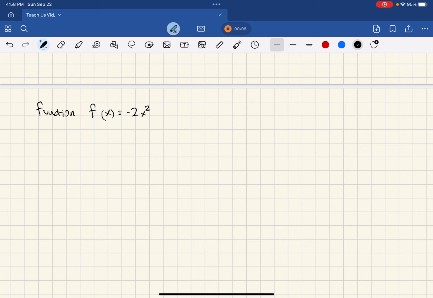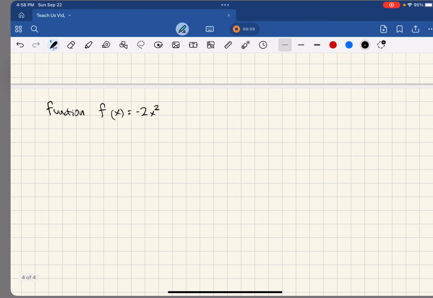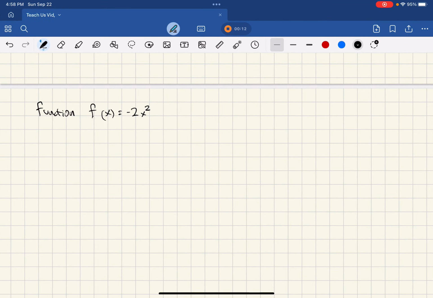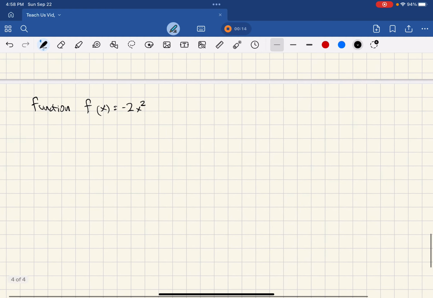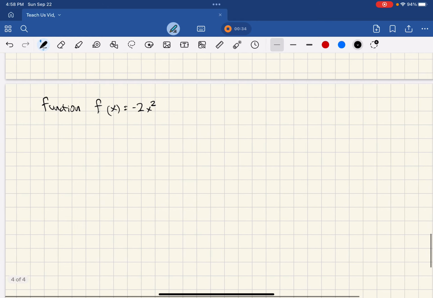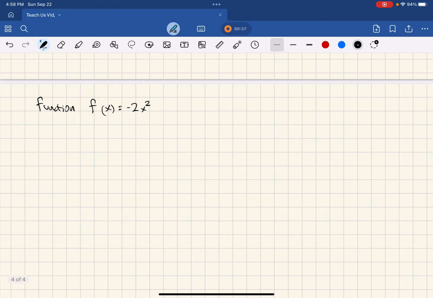Section 3.1, homework problem number 3. So the problem that we're given is the function f of x equals negative 2x squared. They asked for the difference quotient as well as the limit as h approaches 0. So we can basically find both of these at the same time. So we're going to do